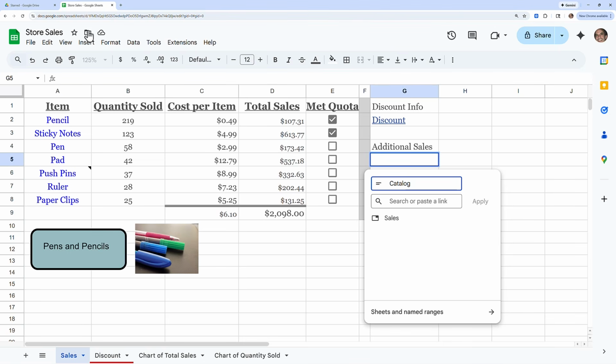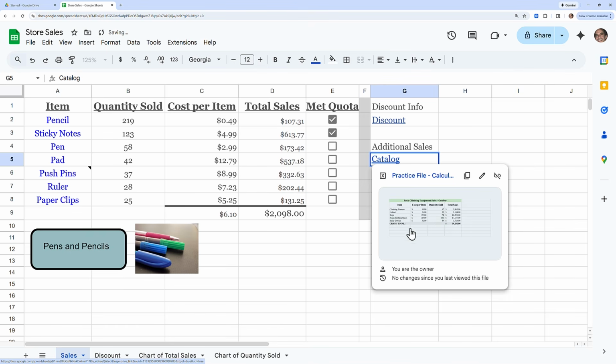I'll go back here and right-click where it says paste a link. I'll paste the link and click apply. And you see that nice thumbnail view. I know that that's the correct spreadsheet, which I could click on and it would go directly to that completely separate spreadsheet. And this could be any other thing. This could be a link to a Google Doc